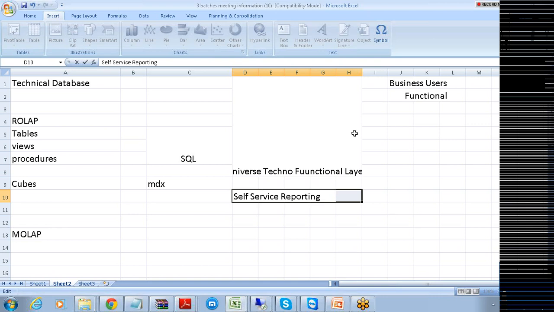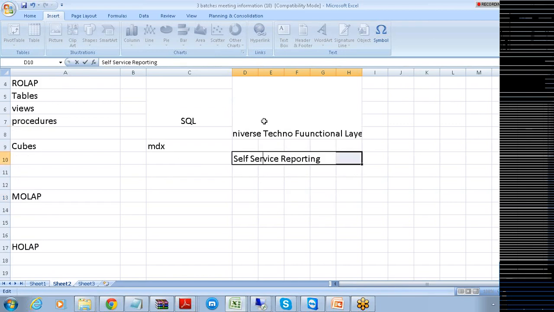That means that if I'm a functional user or a business user, let me not depend on Archana for creating the report for me. Let me try to create my own query and start generating the report on my own. Such reporting is called self-service reporting, where through Business Objects these business users can directly talk with the databases to create such queries, and that is possible with the help of this layer, the universe, which is the techno-functional layer.